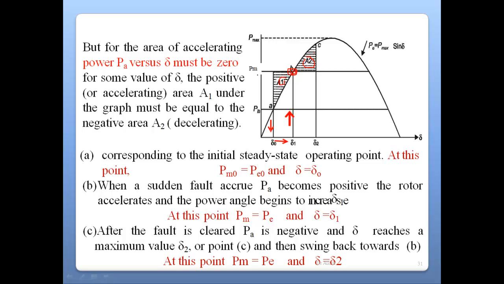It means these are the permissible limits of the synchronous machine. This is the first one and this is the second one. These two are the permissible limits of a synchronous machine within which it can operate easily during the transient stability condition. Now under these conditions the mechanical power output and the electrical power output are basically equal, and under this condition the delta is basically delta naught, right?